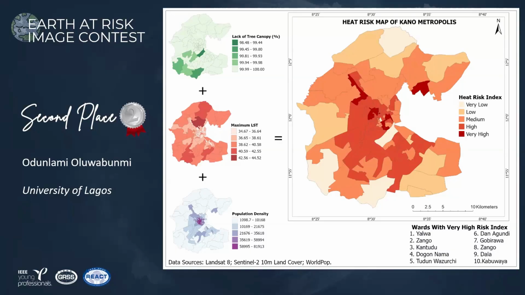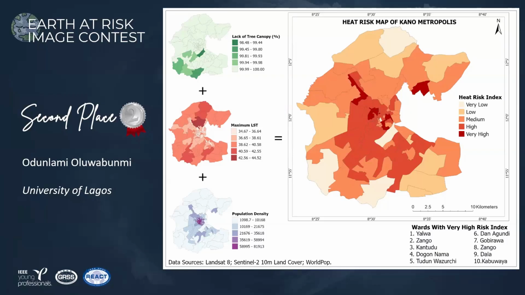So by combining these three variables, I was able to derive the heat risk index of Kano State metropolis. So a weight of 1 was assigned to the lack of tree canopy. Also, a weight of 1 was assigned to the maximum temperature, and a weight of 2 was assigned to the population density.